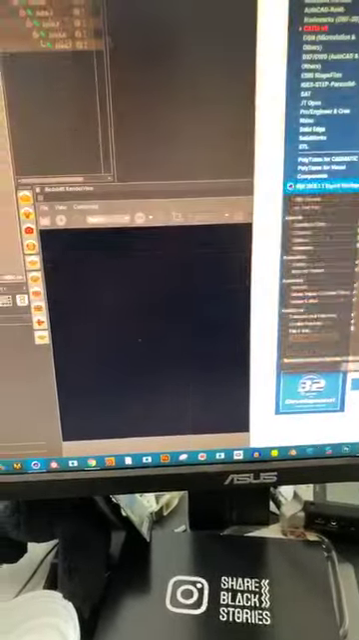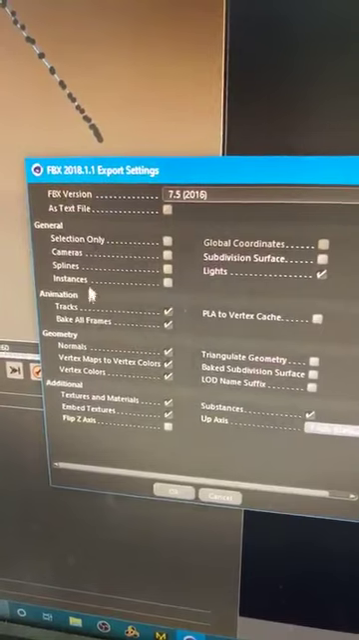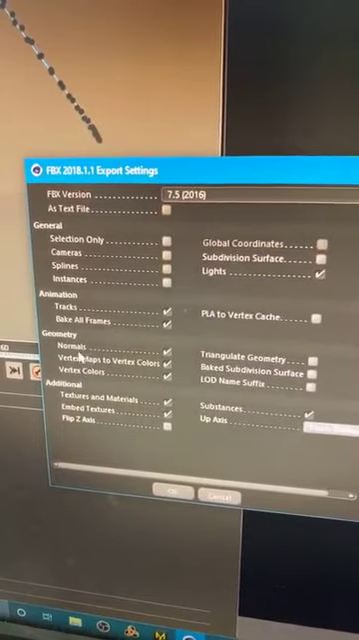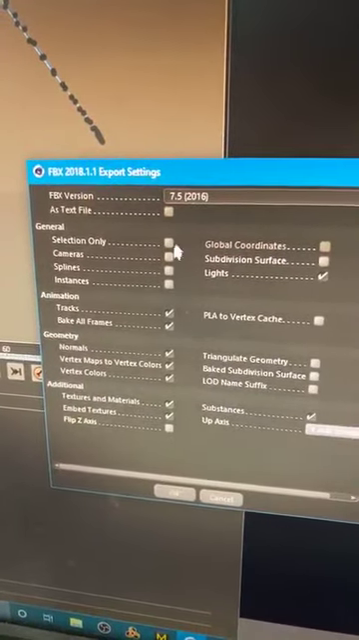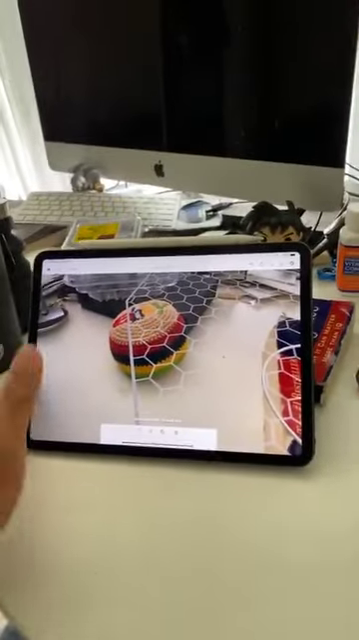hit save. Cool, let's bring up the settings here. What we wanna make sure we're checking, okay, cool, it says bake all frames, great. We have the tracks for the animation. Looks like we got our normals, all that looks good. Textures and materials. Okay, this looks great, I'm gonna hit okay. All right, let's wait a few milliseconds, and now let's see if it's ready to be brought into augmented reality